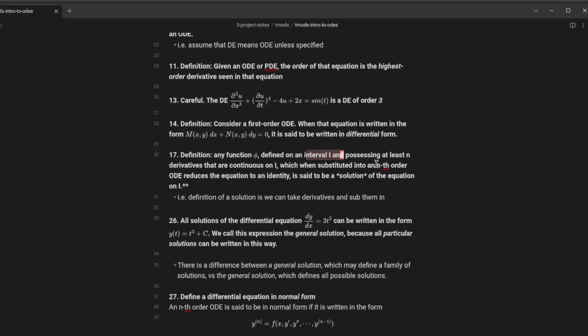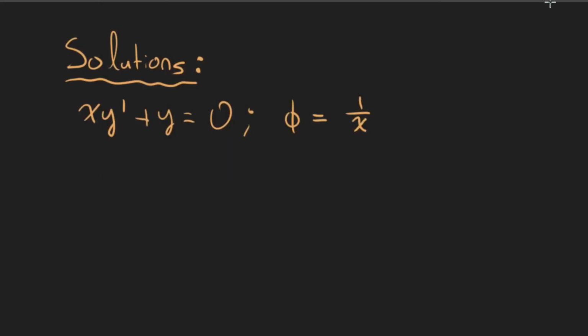And it needs at least n derivatives because we're going to substitute it into the ODE basically. So if I have some differential equation right here, xy prime plus y equals 0, whatever I think my solution might be has to have a defined y prime in order to make sense, right? In order for me to plug it into the equation. So if I plug it into the equation and the equation holds, then we can say that it's a solution,